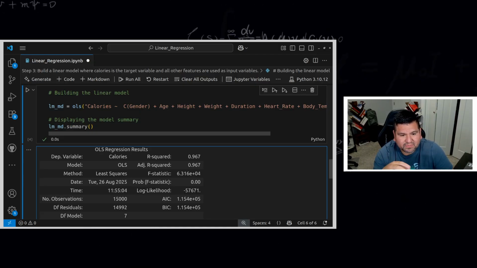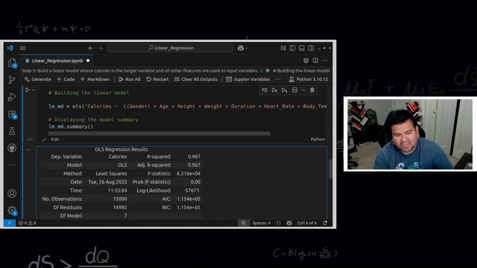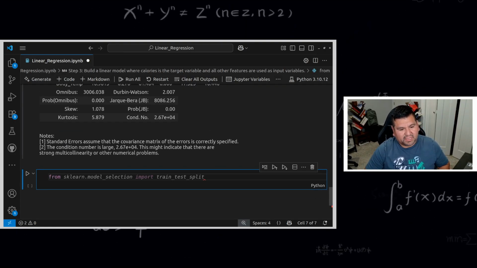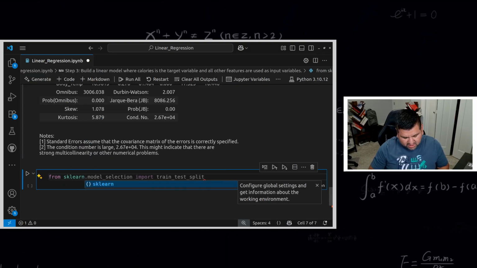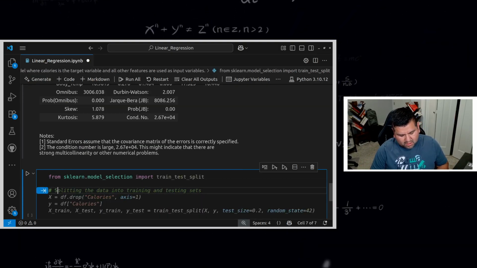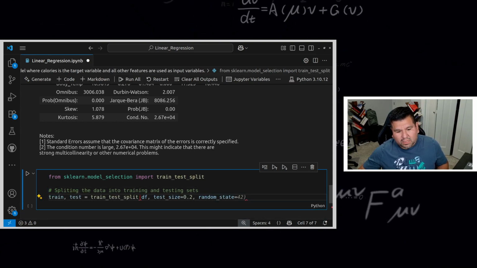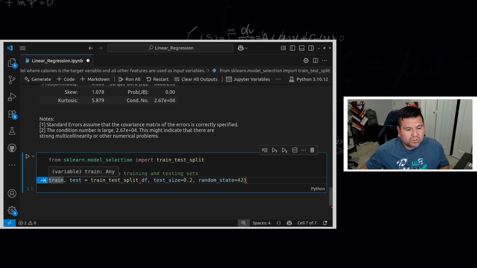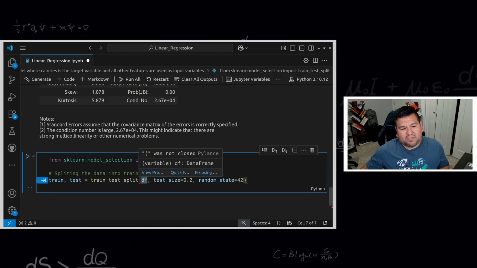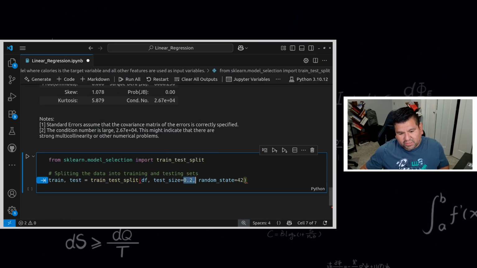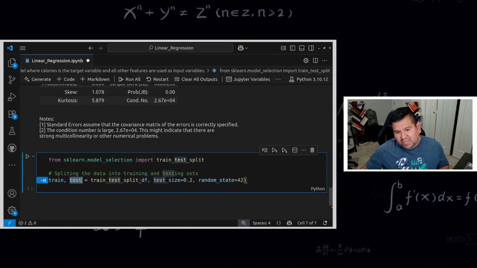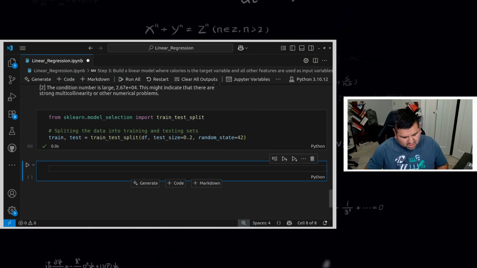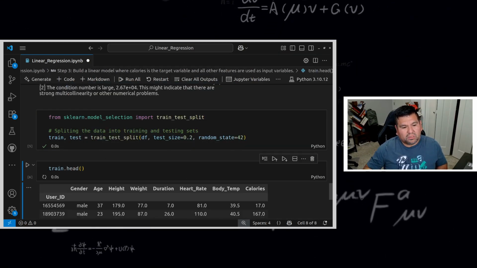Let's split the data into train and test, build a model on the train, and then use that to predict on the test. First, let's split the data. The function for that is train_test_split. Here we are defining two data frames, one called train and the other called test, and we're splitting the data frame called df. We're using 20% of our data for the test, with random_state equal to 42, just for reproducibility purposes. Okay, so if I run this and look at train, we have 80%